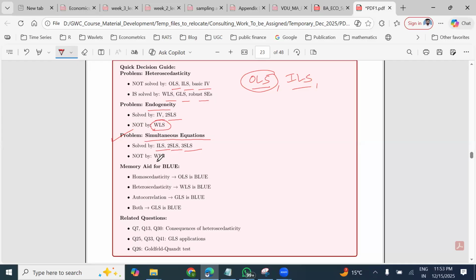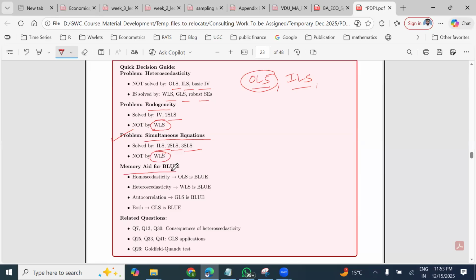Okay, and in case of simultaneous equation, you remember WLS is not the solution. WLS is the solution only for heteroscedasticity. Then these four choices I have already explained in detail. So